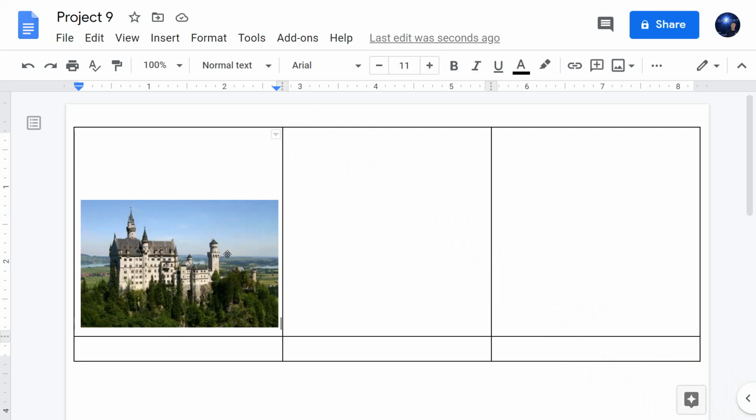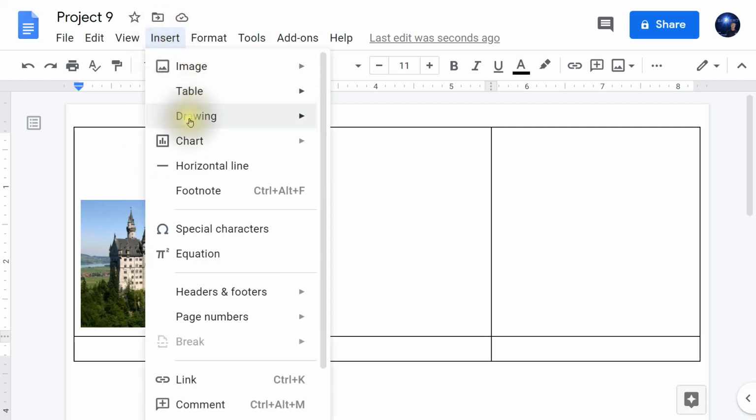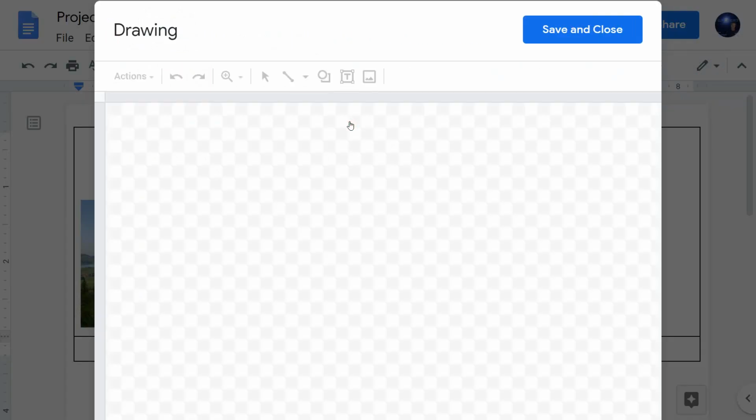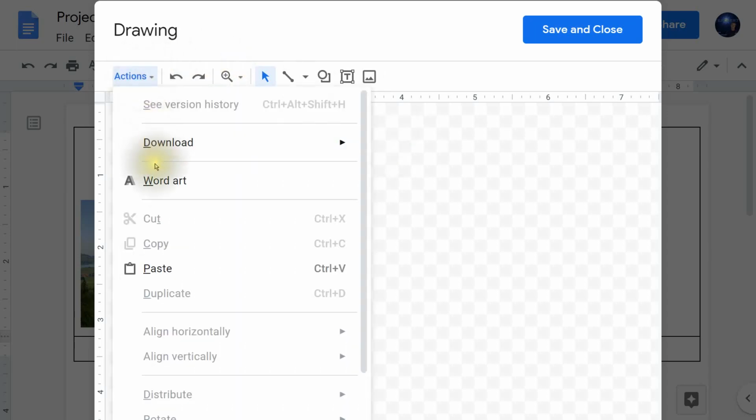Step 35. Insert a Google Word Art image by clicking on Insert, Drawing, and then New. 36. After the drawing window opens, click on Actions and Word Art.